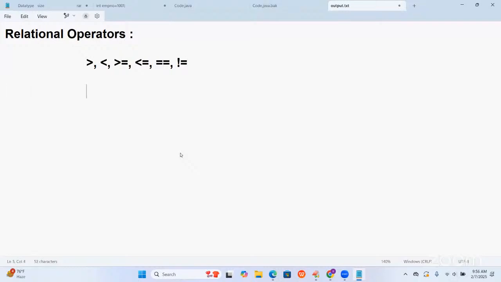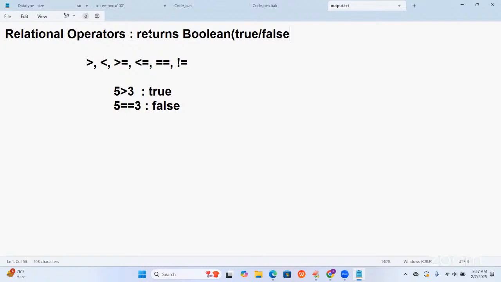So what will these operators do? Suppose 5 is greater than 3 I have given. Valid or invalid? Valid. If it is valid, it will return true. Suppose I'm giving 5 equals to 3, valid? Not valid. So it will return what? False. Relational operators return true or false, just a Boolean value, by validating the relation. That's all. But here, in relational operators, they will ask the question to write